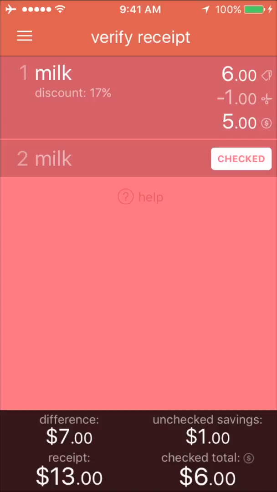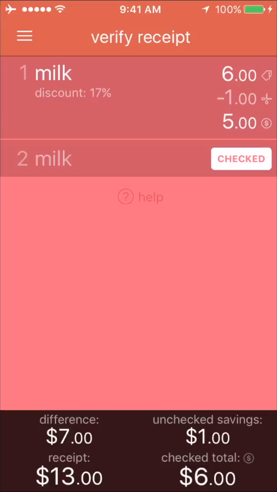The third value on the bottom left is the receipt value we just entered and that we can re-enter with a tap, while the checked total indicates the sum of all items we already checked. In a real situation, if the receipt value is $13, one of the 2 items was surely wrongly priced by the shop. Checking the correct ones will leave the wrong ones out, and it will be easier to find them. Telly also tries to find the cause of some errors.